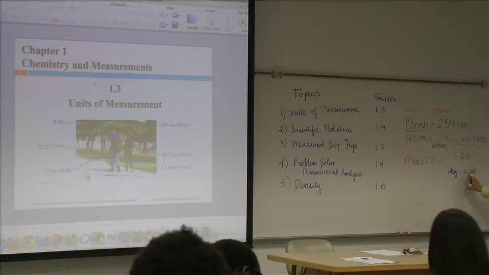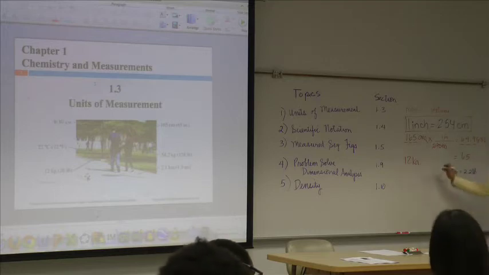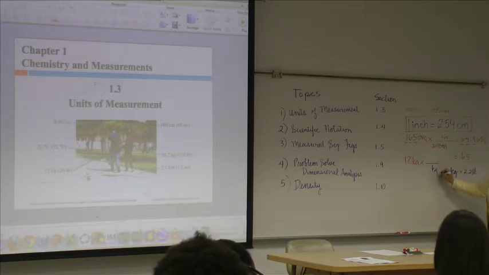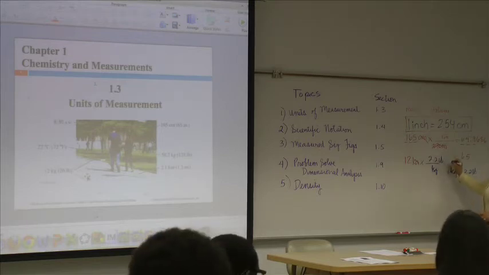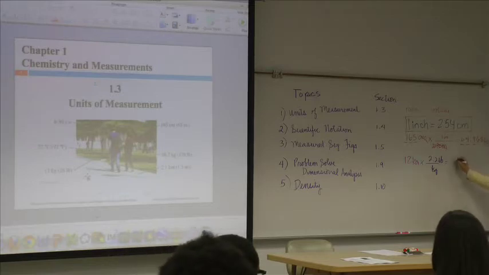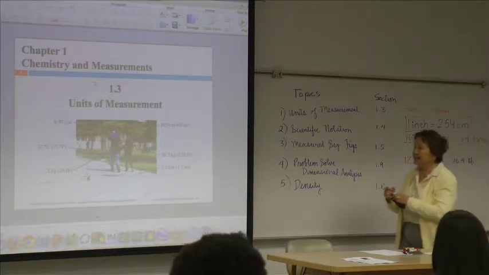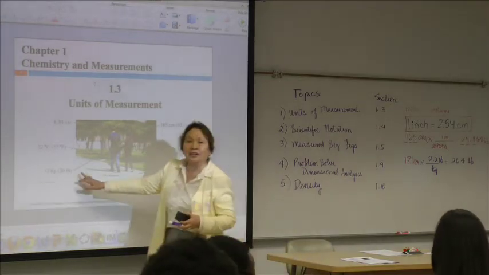So 1 kilogram is equal to 2.2 pounds, and we are given 12 kilograms. We want to cancel kilograms, right? So put the kilograms in the denominator, and then put the 2.2 pounds in. You got it? And so what do we get? 26.4. Okay. So pounds, right? Here's our desired unit. Before you do the math, make sure that it's canceled.